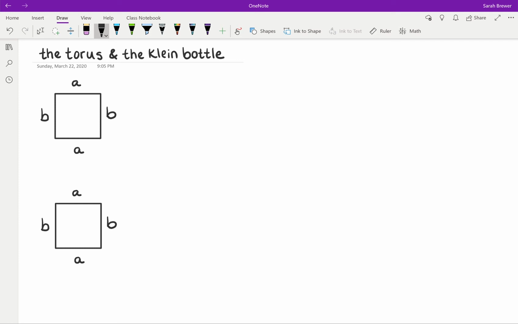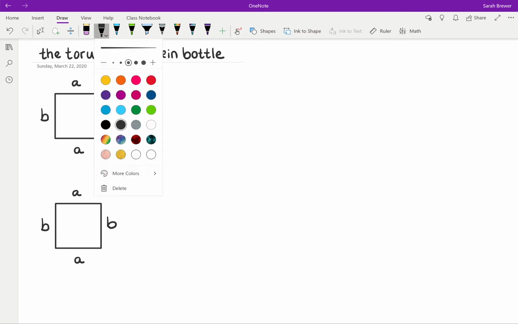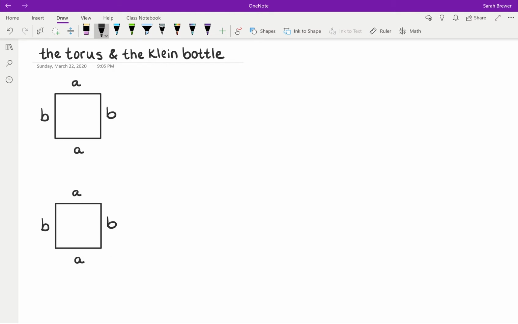All right, so now we're going to look at some slightly more complicated shapes. This time we're looking at what happens when we have four edges where opposite edges are going to get associated. And just like in the last example, edges that have the same letter are going to get glued together as our vertices. And in both of these examples,